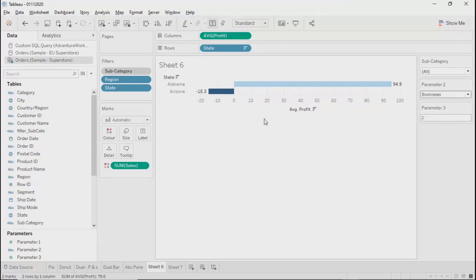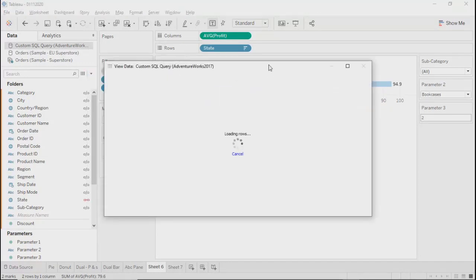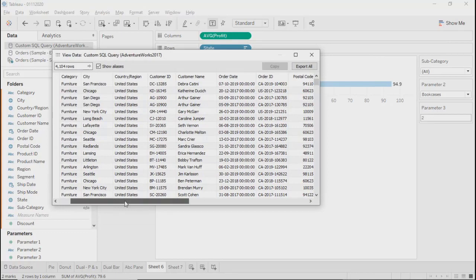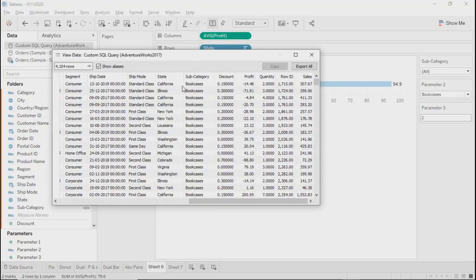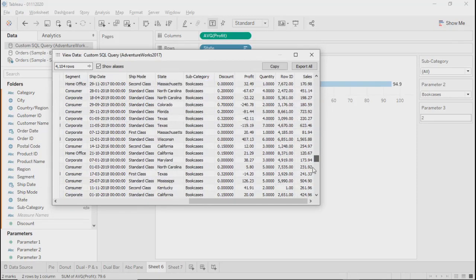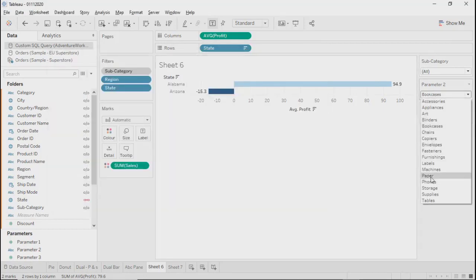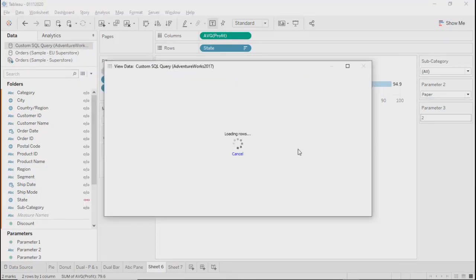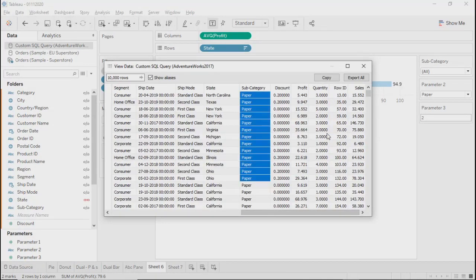Bookcases is selected over here. If I would like to see the data, it will be of bookcases only. You can see the subcategory. It's bookcases only. If I select some other value, for example, let's say paper, and I go to the data, it's only paper,